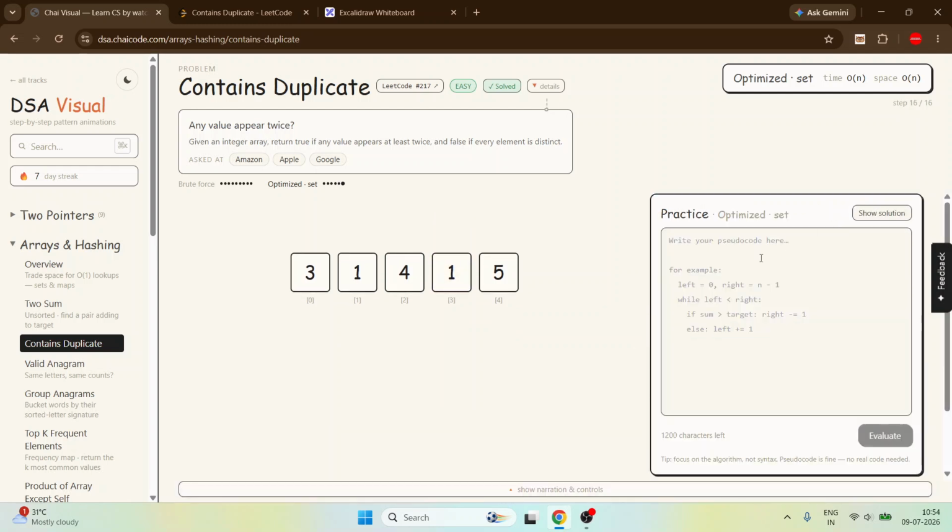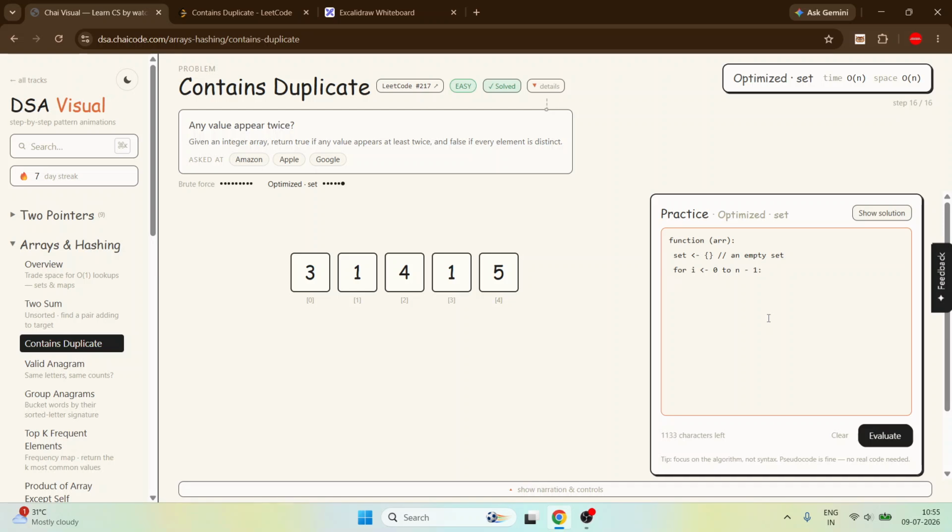Okay, let's write the pseudocode here. So we are taking a function that takes an array. We are taking a set that is an empty set. A loop starting from 0 to n minus 1, or the last index.